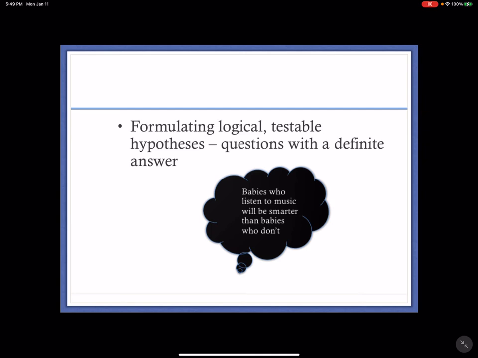And you know that questions with a definite answer is probably a little misleading. They're more like statements that can be proved or disproved. And a hypothesis is what we base a study around. And to be absolutely honest with you, if you can formulate a good hypothesis, it makes the whole entire rest of your study much, much easier to do. So we'll be giving you a lot of help with the hypotheses until you get the hang of it. So the first tool is formulating logical, testable statements.